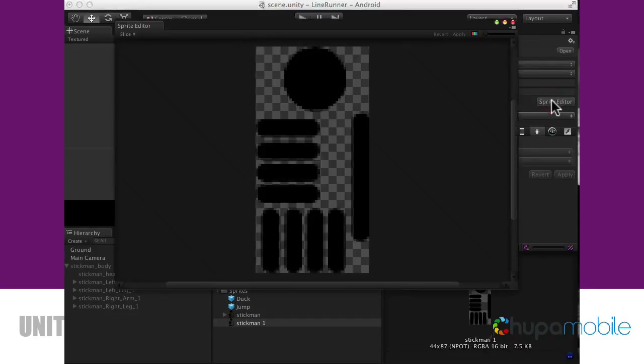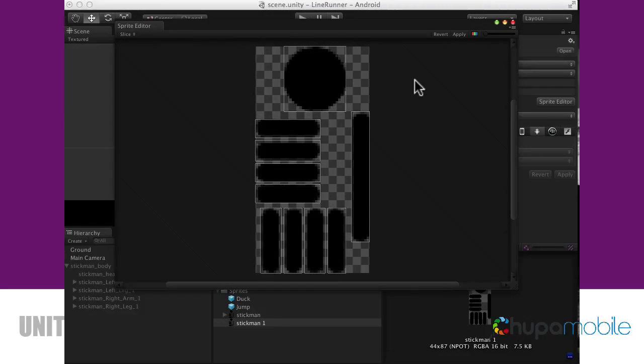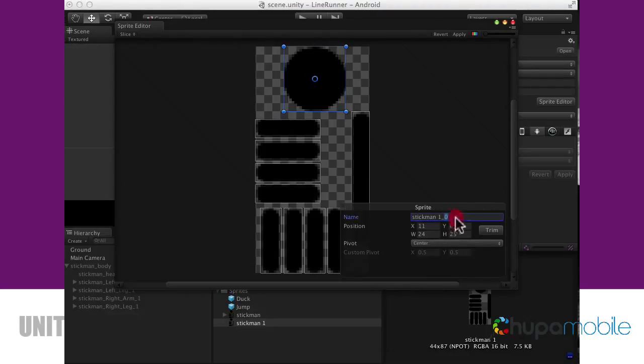Click sprite editor and come over here and select slice and click slice, and then you'll be broken up into different parts. Now we can rename the different parts and set the pivot points. This is the head. This is the left arm,